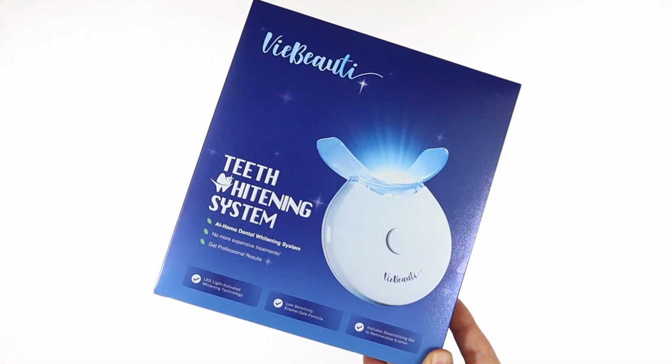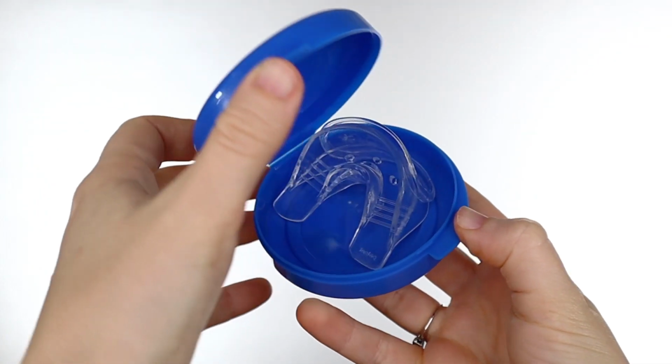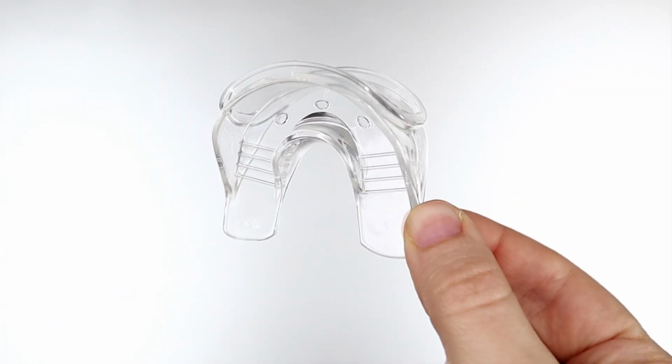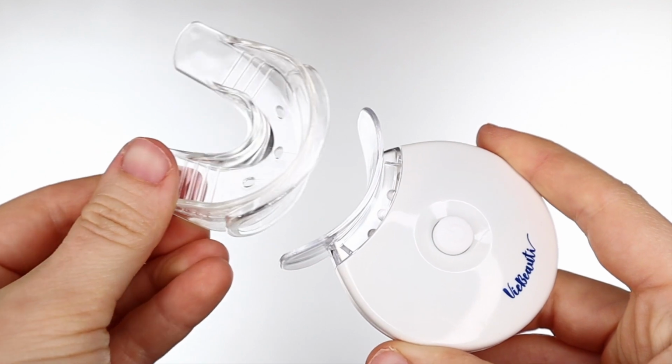Whiter teeth are possible with the VieBeauti Premium At-Home Teeth Whitening Kit. 5 powerful LED bulbs accelerate the teeth whitener gel to break up and dissolve stubborn stains caused by food, wine,